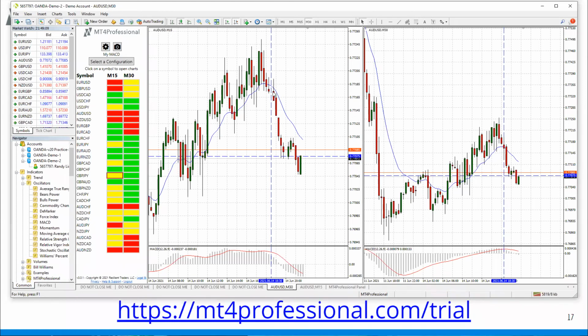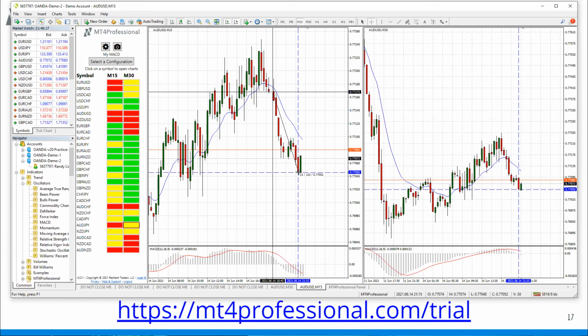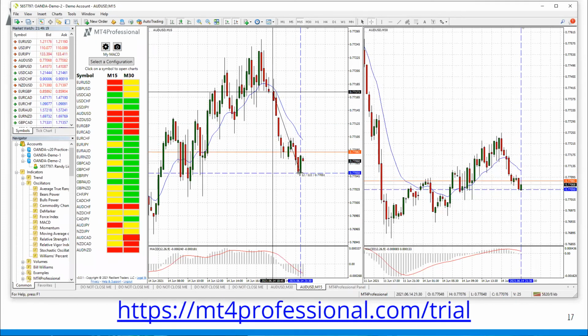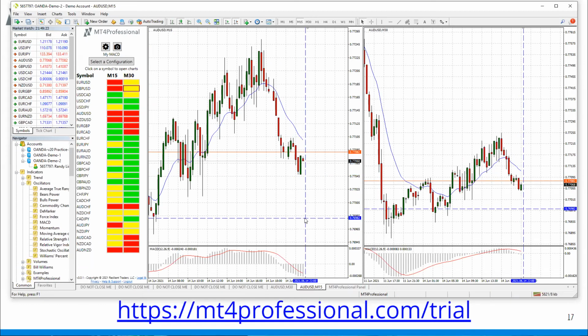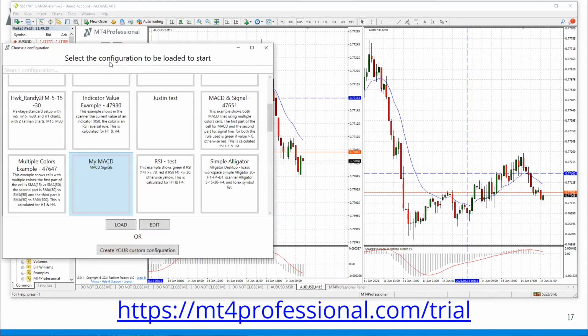If you would have followed this change signal when it occurred, then at that point, here is the entry. That is a potential 12 pips in profit at this point, waiting for your trade to end. So that's the idea behind the strategy. So looking under the configuration,